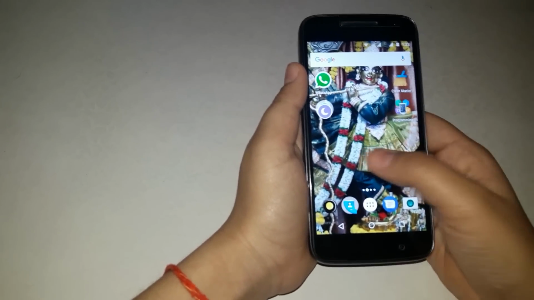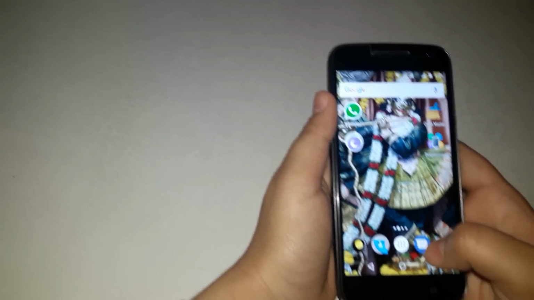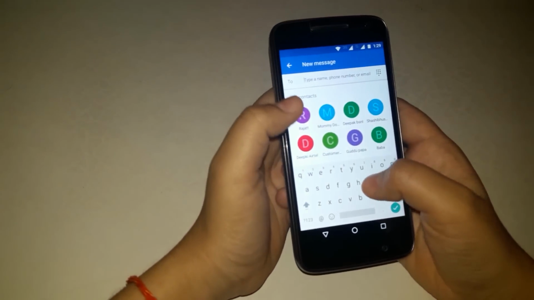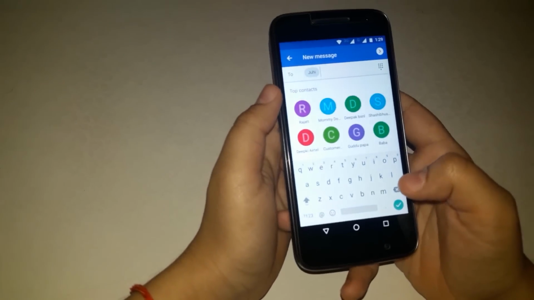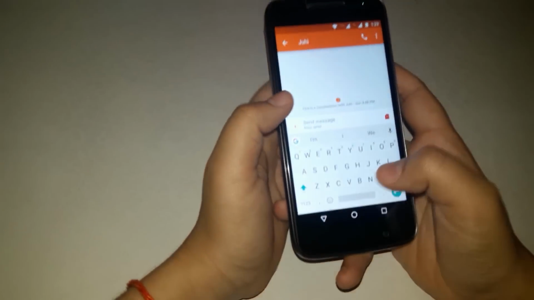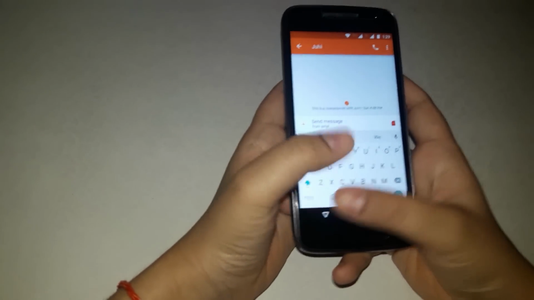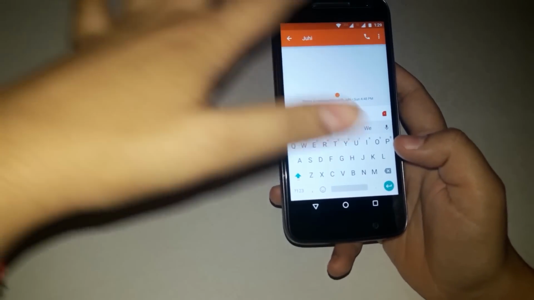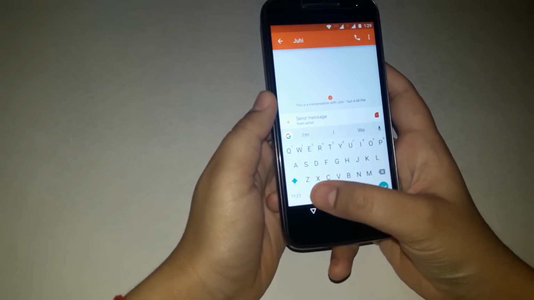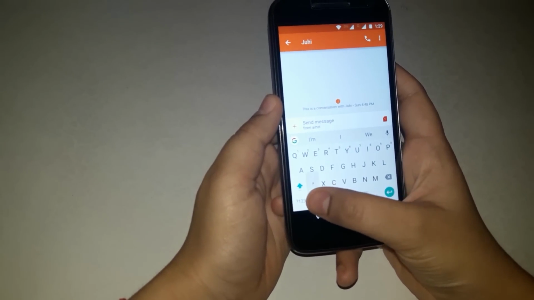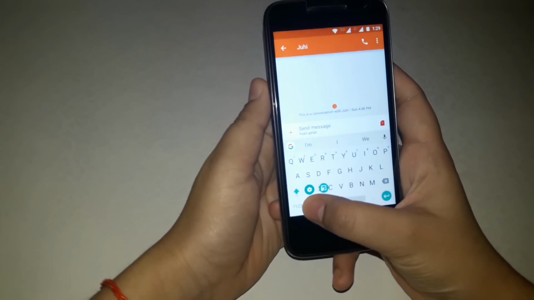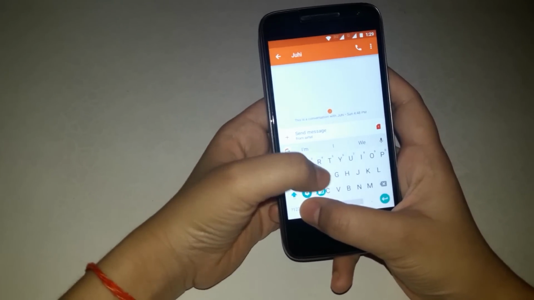Now the third feature is about texting. Suppose I am texting my sister. Whenever you are texting, you have to use both thumbs. When you are busy and you have to type with one hand, just click on this comma symbol and keep tapping. Then two options come up, one gear symbol and one hand symbol.